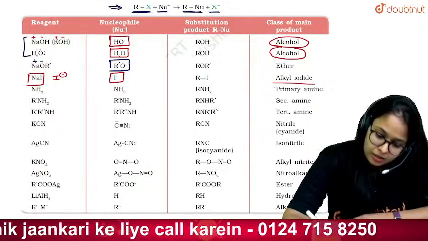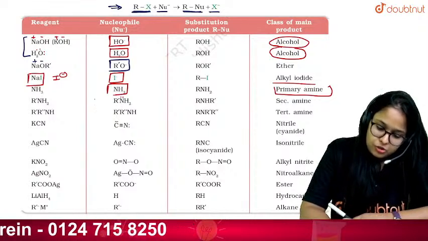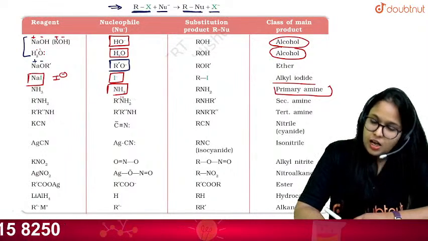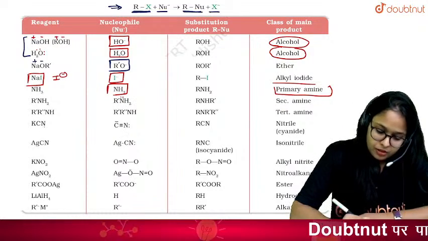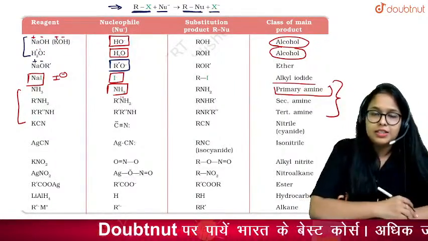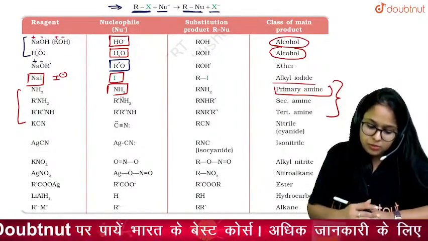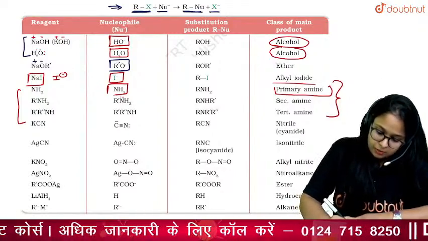So amines are prepared, right? Similarly, you can react with R2NH. A new bond between R and the amine will be formed, and in this way you can prepare your primary, secondary and tertiary amines. We'll discuss this in quite detail once we individually do the preparation methods, but here are some important